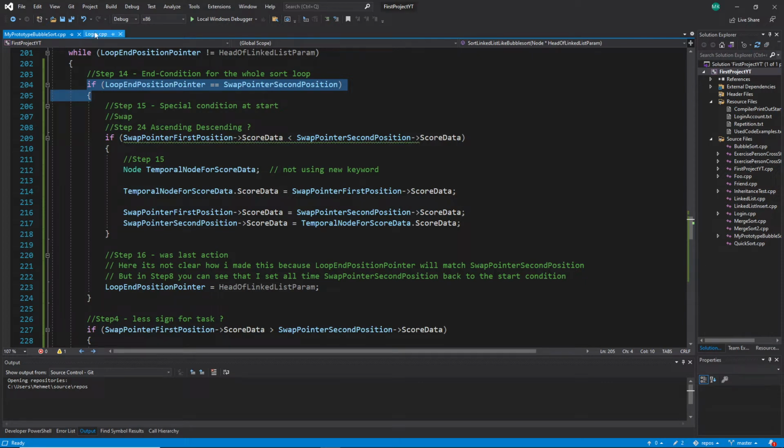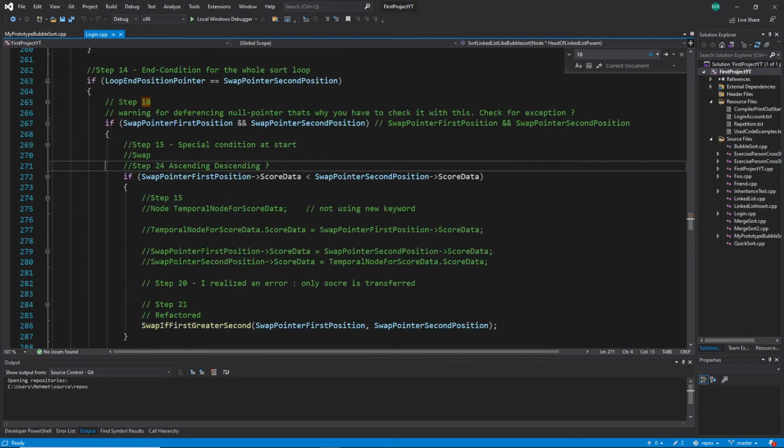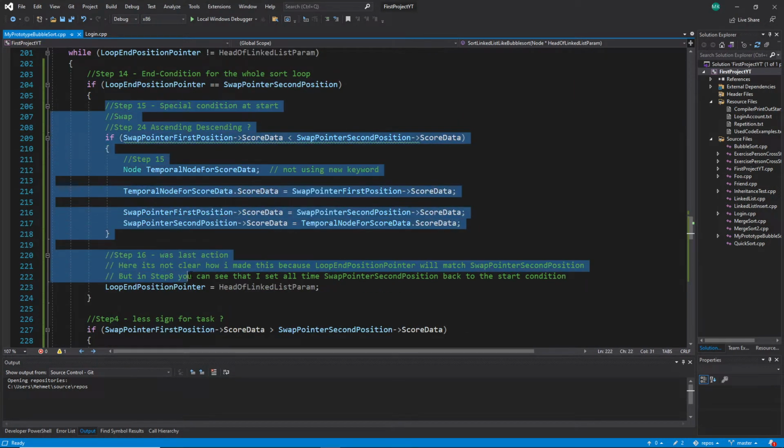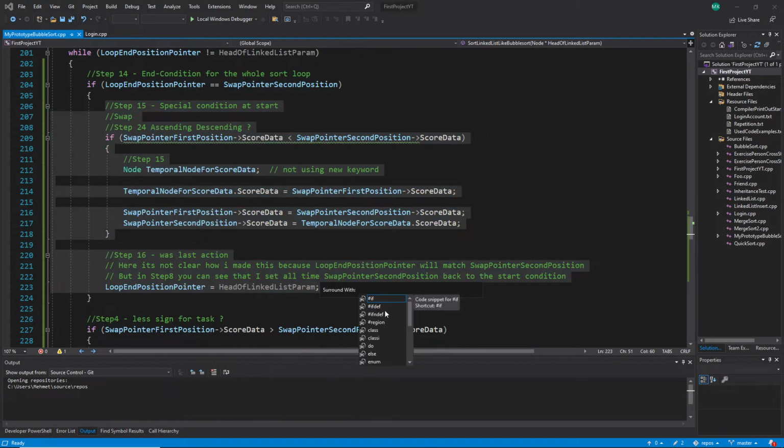Let's see where this is first. Which one do I have to surround with? Yes, this is the second one. This one. So now I show you how you can use the snippet again. Again, learn the shortcut, but I don't know it. That's why I right click and I go here to the snippet section, surround with, and in this case I